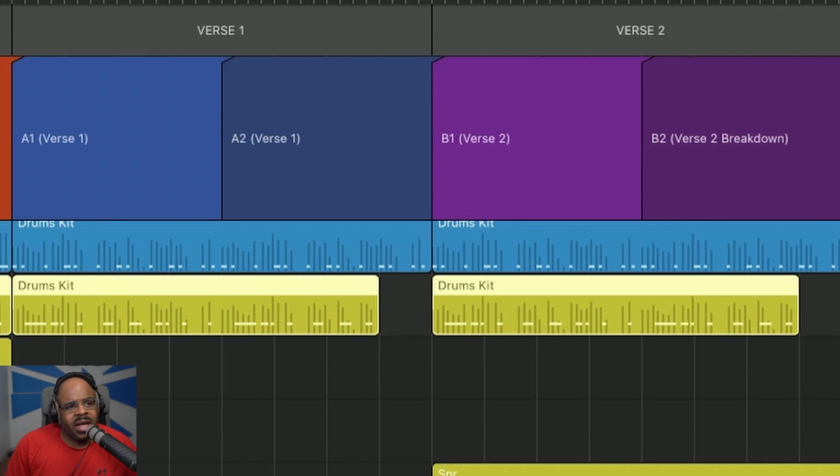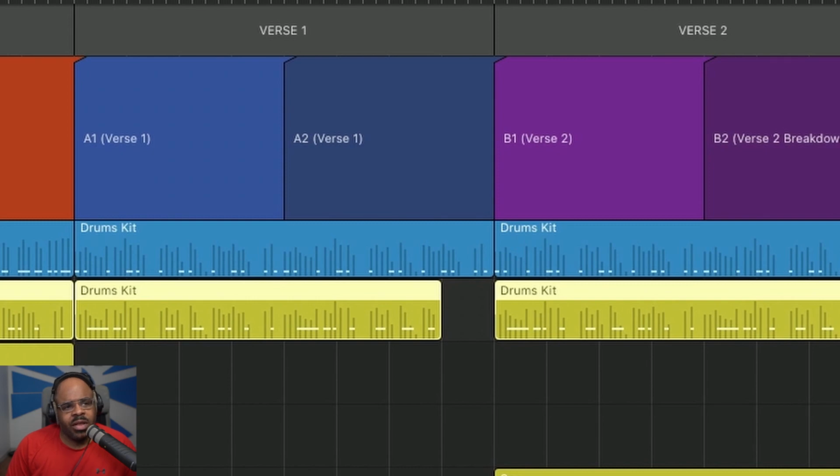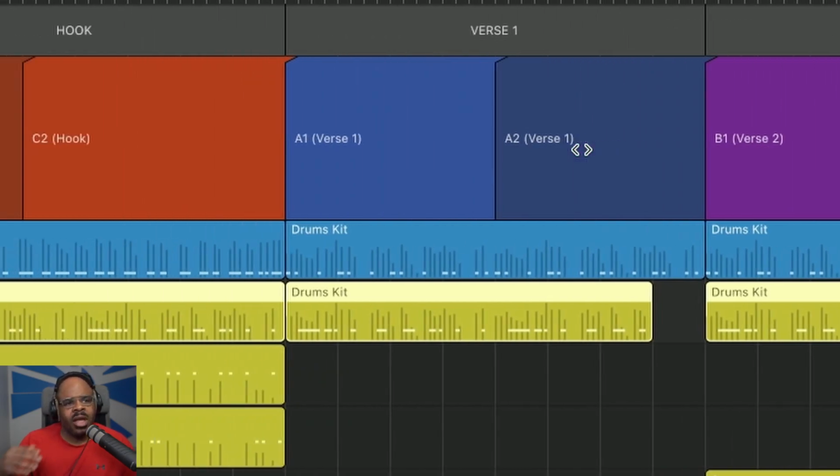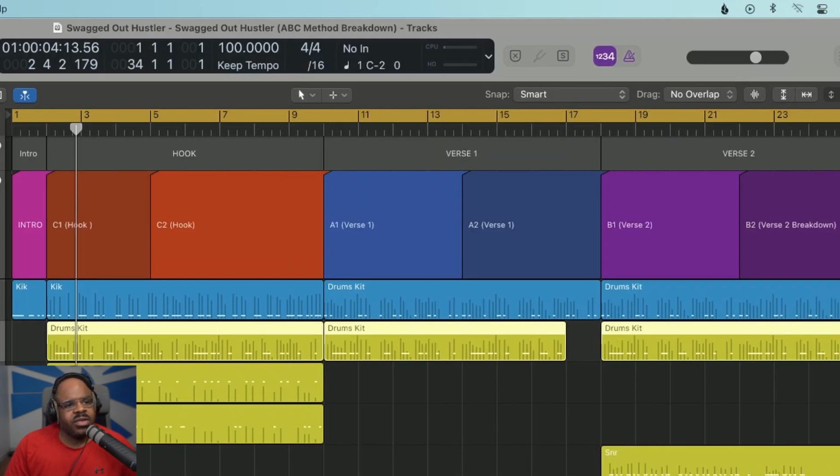And thinking about it as A1, A2, B1, B2 allows me to split it up between each 4 bars. So I tried to have some kind of movement, some kind of change every 4 bars to make sure your beat is moving along with the scene. Because in sync licensing, the most important thing is usually the dialogue, because it moves along. So you don't want to make things too repetitive, but you want to have a little bit of movement so it can keep the scene going. So I have everything labeled up here, and I start with the intro. Sometimes I start with the intro, sometimes I don't, but this is the basis of the track.